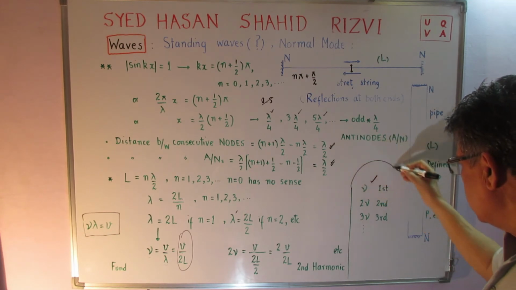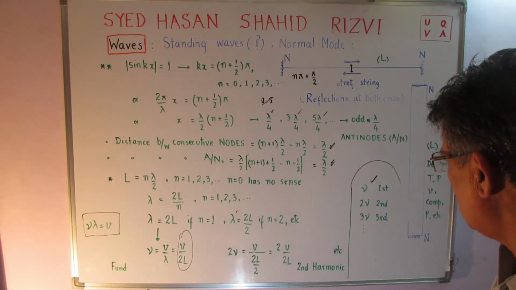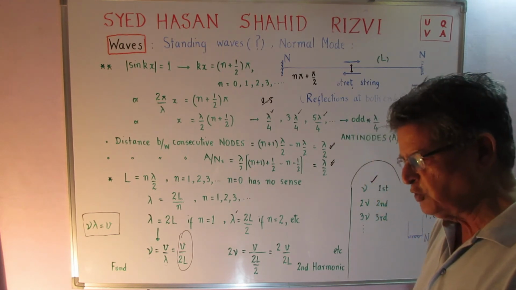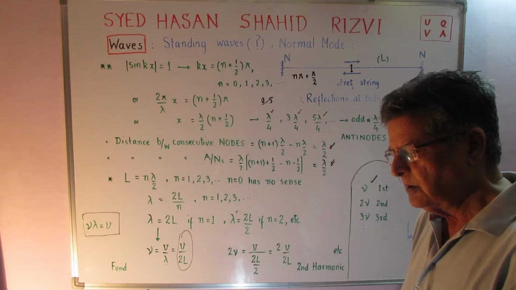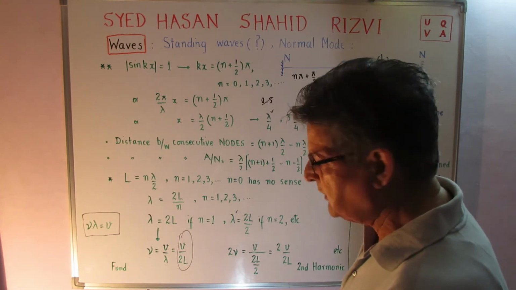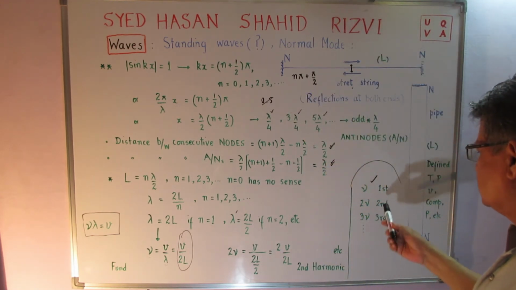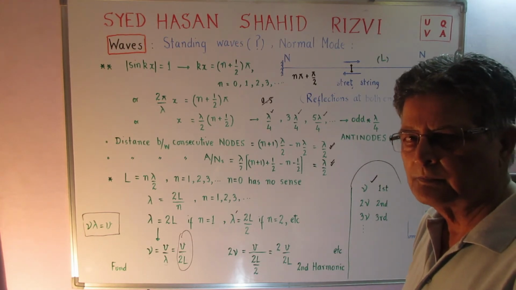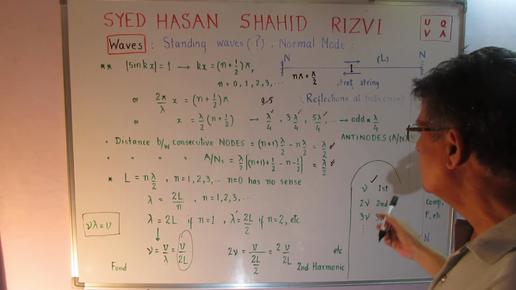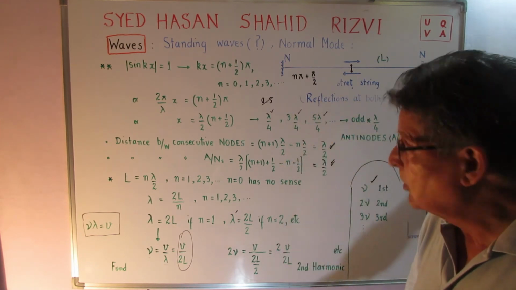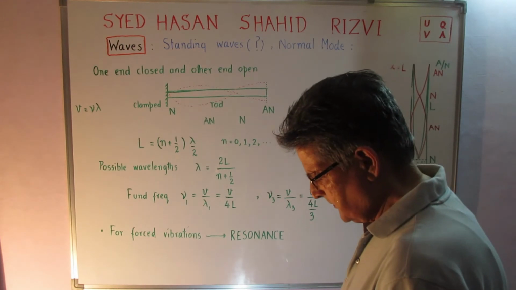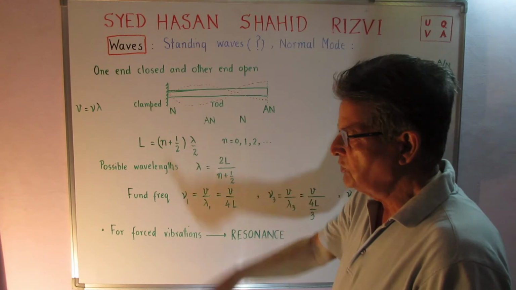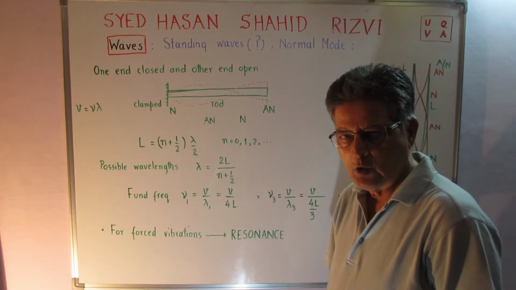However, if you go and study the physics of music or the masteries of music, then what we call the second harmonic, they call it first overtone. Third harmonic, second overtone. So after we have a discussion about both the ends closed or both the ends open,